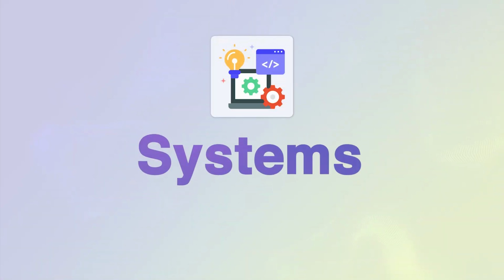So to define what systems are, let's first define what they're not. Systems are not software. And I'm guilty of using the terms interchangeably, but you'll see across the internet, people refer to putting something into your system or checking the system, when what they really mean is checking the piece of software that has the information. So systems are not software, and systems aren't actually what we refer to when we talk